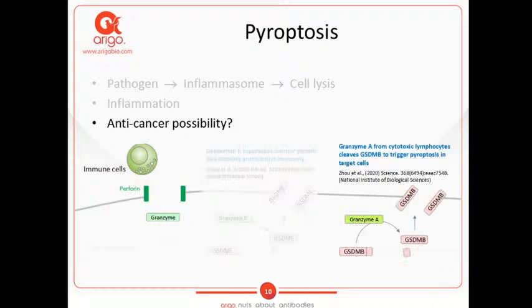Another group in China reported that granzyme A cleaved gasdermin B, which then forms a pore in the plasma membrane and results in ferroptosis. The result shows that granzyme not only induces apoptosis but also induces ferroptosis. This result indicates that targeting ferroptosis may be helpful to enhance the activity of anti-tumor immunity.